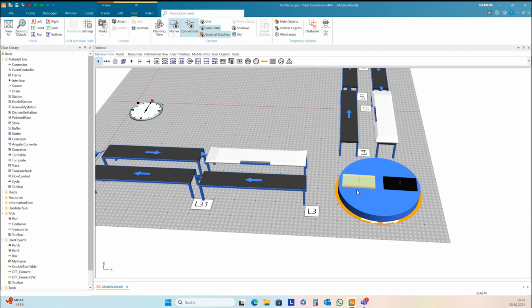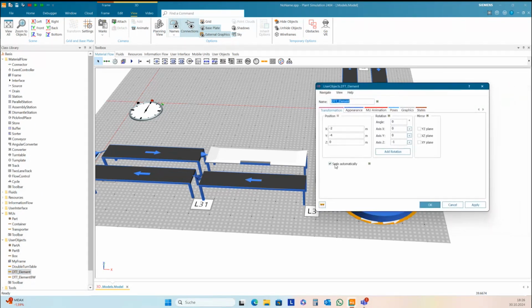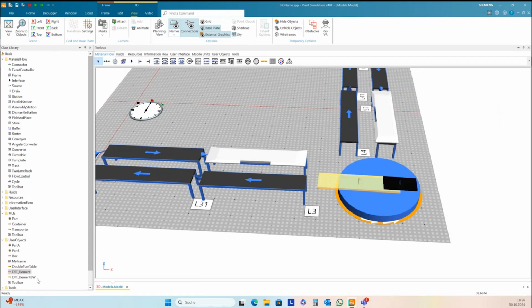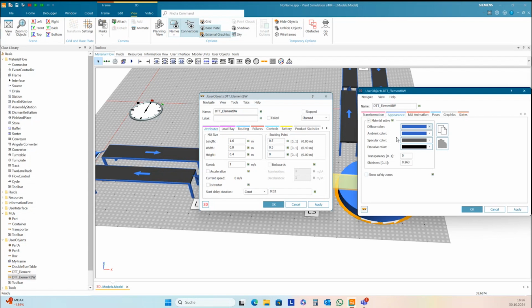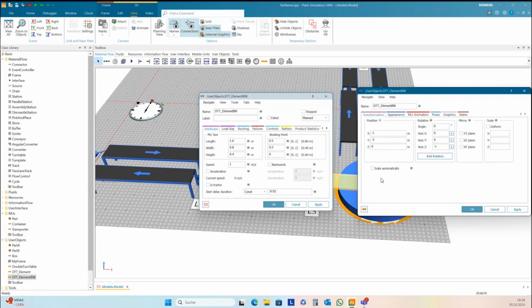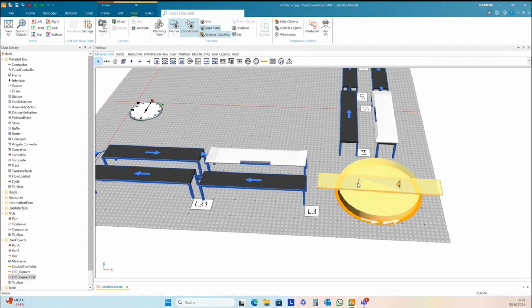First, this elements here. Okay, we need to add the 3D properties. Scale automatically, we need to uncheck. And now the position is not right here. We need to turn this by 90 degrees.